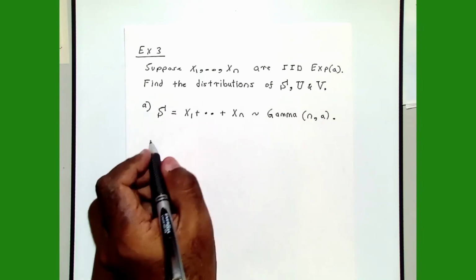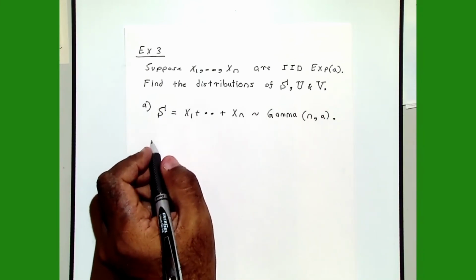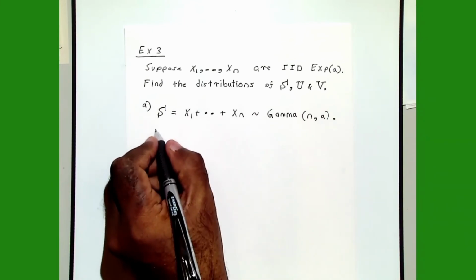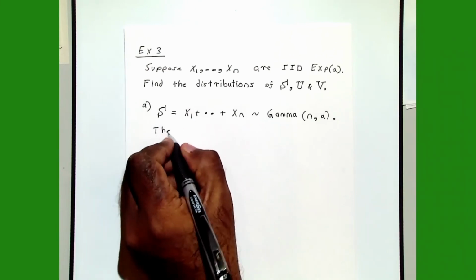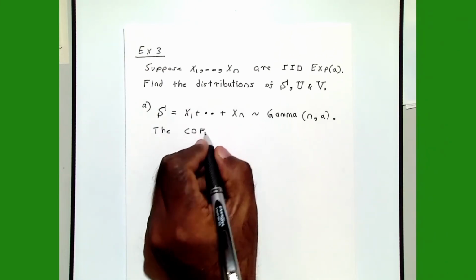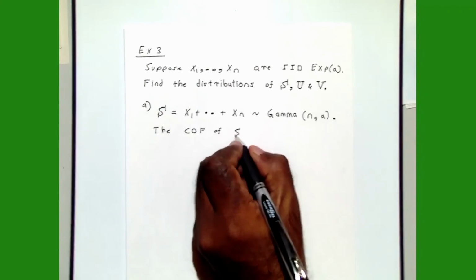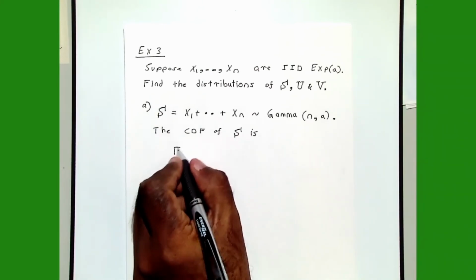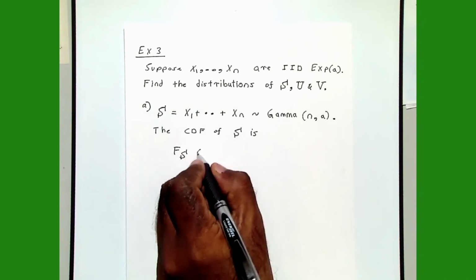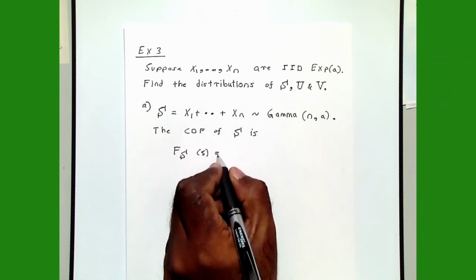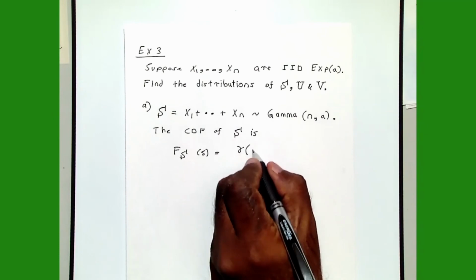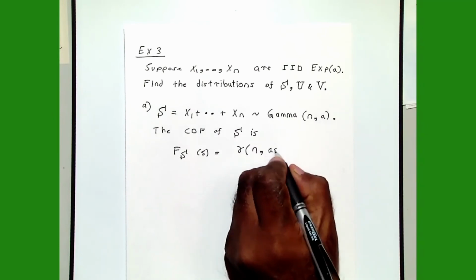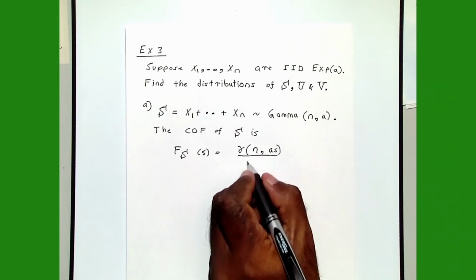You might know this from year 1 or year 2. Now the CDF of a gamma variable with parameters n and a is given by this. Again, I don't expect you to know this. It's given by this formula here,